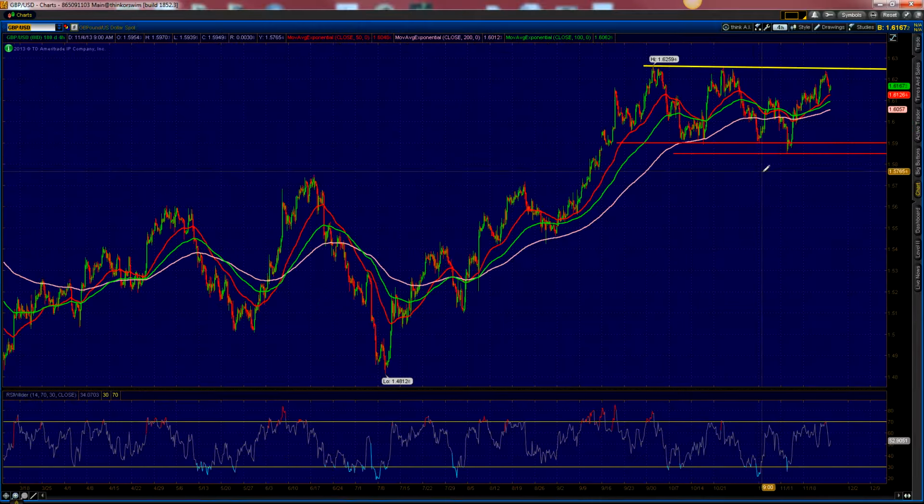I am also biased to the downside here on pound dollar. It's also finding support here at the 4-hour 250 EMA. Off this range top, I don't necessarily think we're going to play it all the way back down to the bottom of the range. I wouldn't bet against that, but I do think we'll see at least down towards about 160.60 or so. Start to find some fib levels in there,